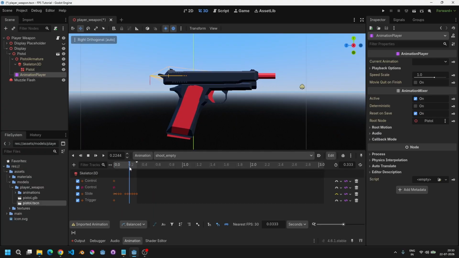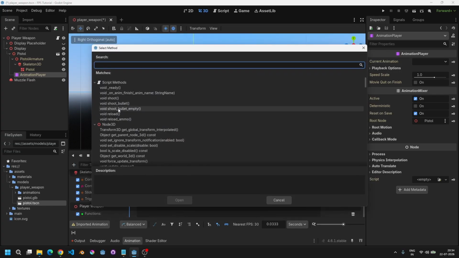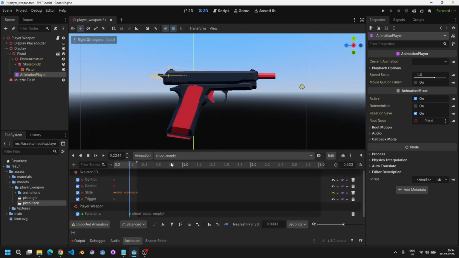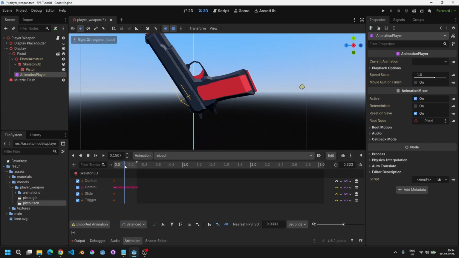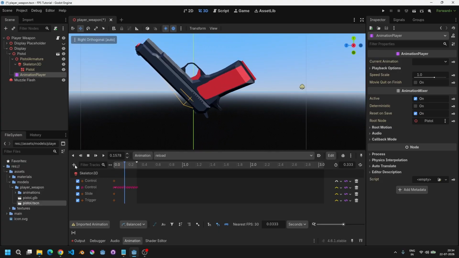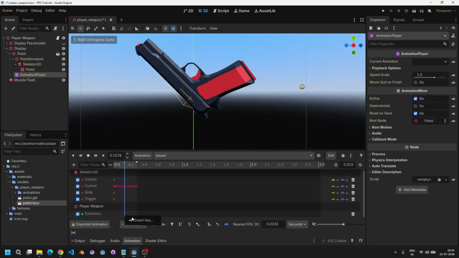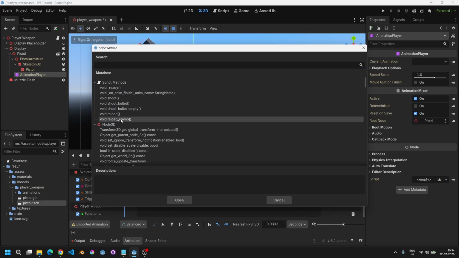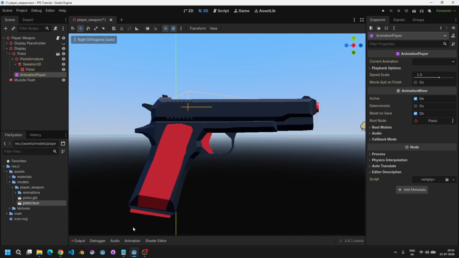And similarly in shoot empty I want to call the shoot empty method, which is this. So both of these are done, and finally for reload I will add a method track over here, which is going to be calling reload ammo. Okay, so this is also done. So if I run the game now,